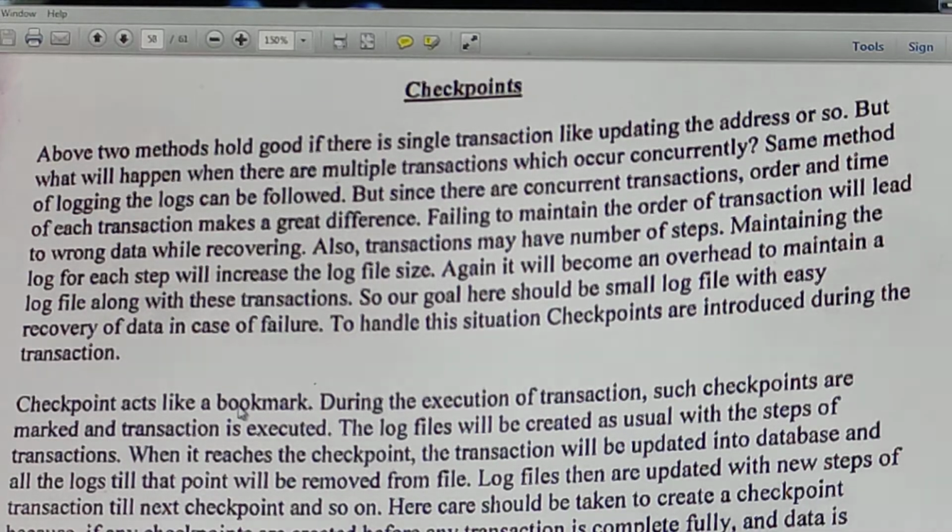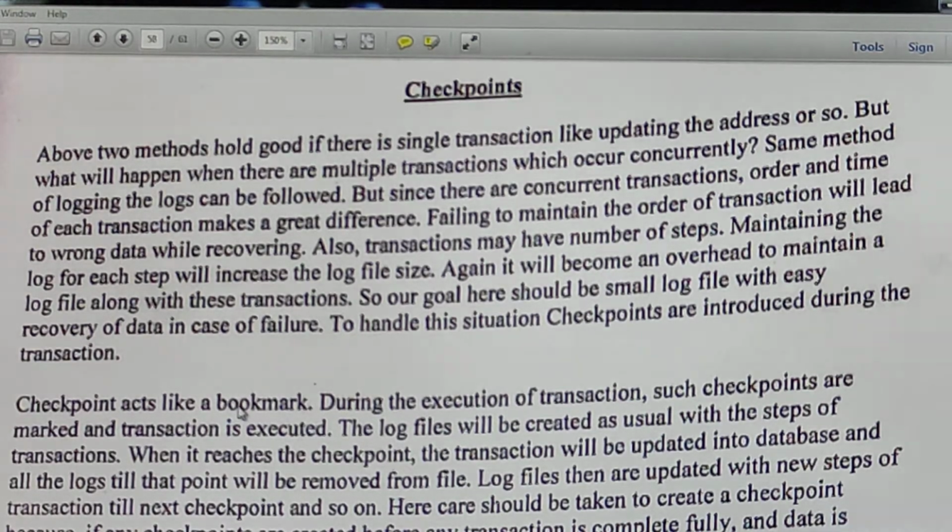So it might happen that we enter into a stage where the size of the log increases too large, right? To a certain limit, the size of my log file is too large that it is difficult to maintain in the system. Especially if there are multiple transactions and they are executing concurrently, right? So this might happen. So we are having a solution to this problem, that is the checkpoint.